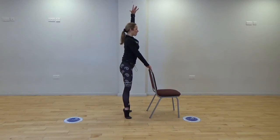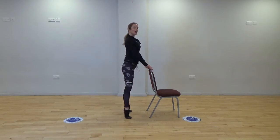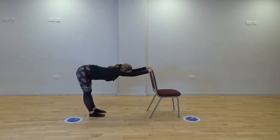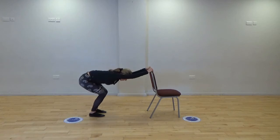Let's take one arm up. And the other. One hand down, the other. Drop the heels, feet in, step back. Let's go again for that lengthen, so we constantly stretch out. We bend the knees, we roll up,